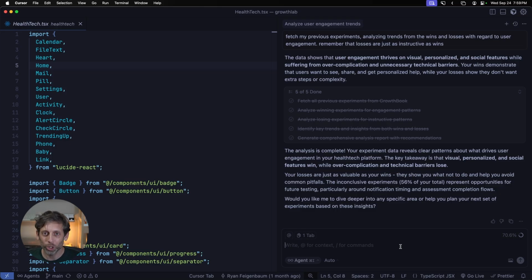But there's still more. There's still more that we want to do, because the goal, right, is still to generate or create a new feature that will drive user engagement. So let's move on to that next step. I'm going to say,